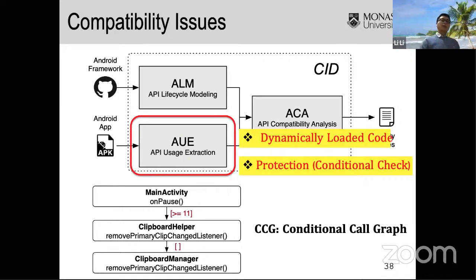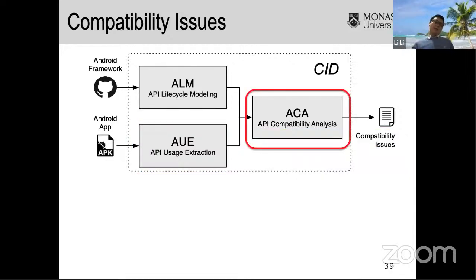We achieve this by building the so-called conditional call graph. We add the different checks on the traditional call graph to handle the various protections. And then in the last module, we compare the actually used APIs extracted from the APK against the lifecycle model we built from the Android framework source code to